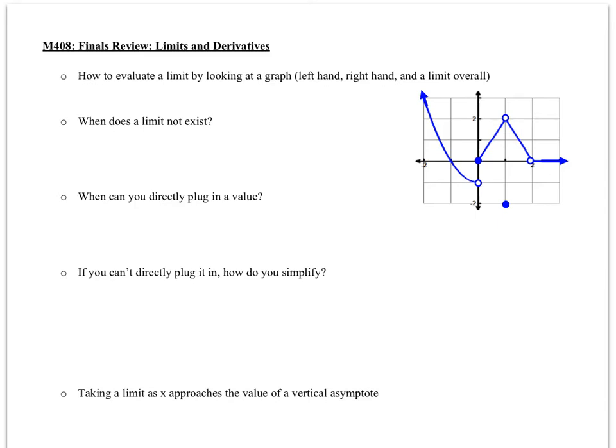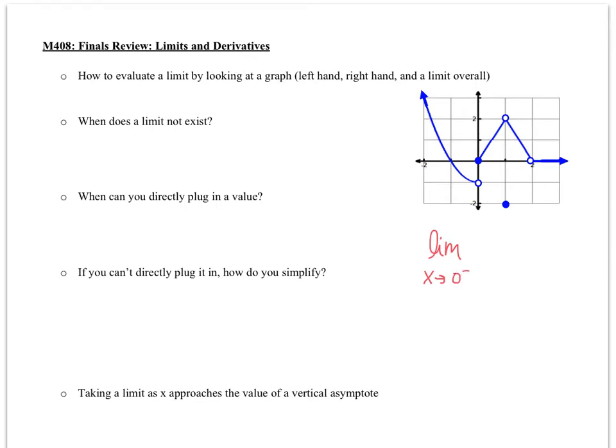In this video, I'm going to discuss the topics of limits and derivatives as we prepare for our final. First, I want you to draw your attention to this graph we see on the right. And as we evaluate a limit from the left and from the right, what we are looking at is what the graph approaches. So if I were to ask you to find the limit as x approaches, let's say 0